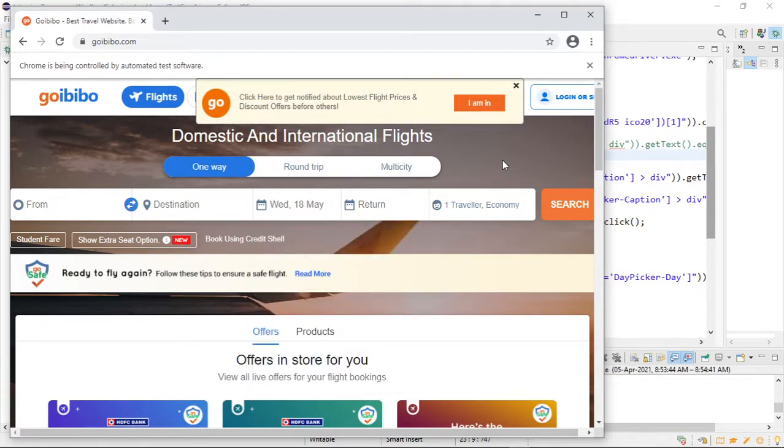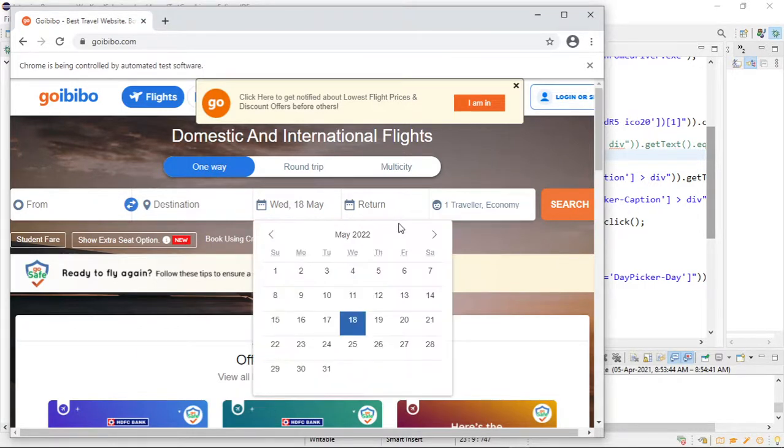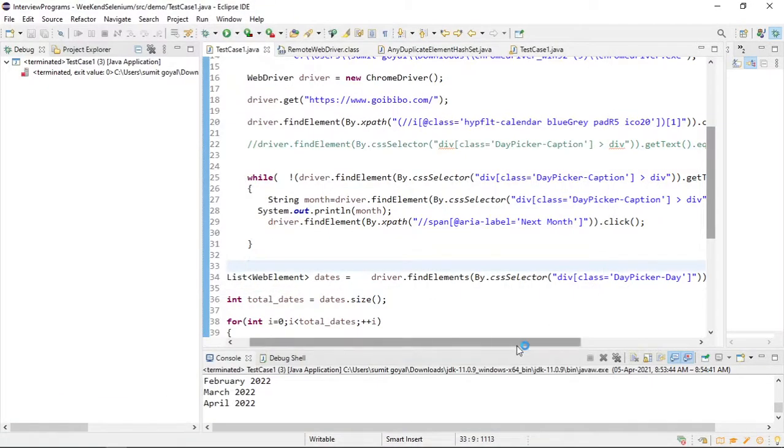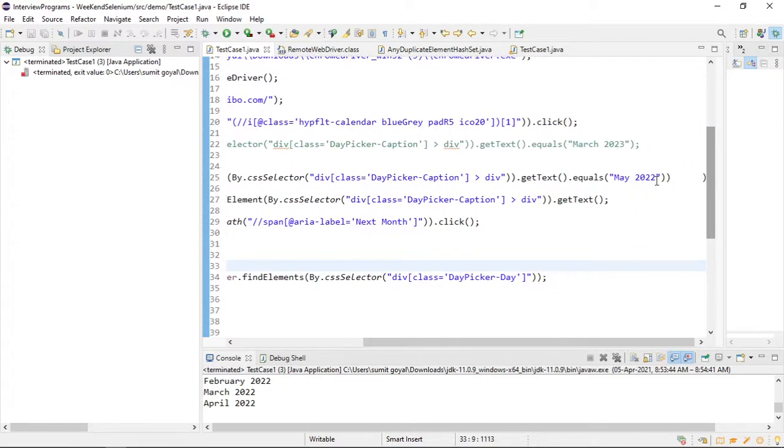You can see it has selected 18th May 2022. This is how you can work with these kinds of calendars. Even if you write April 2023, that will also work. Let us check one more time.